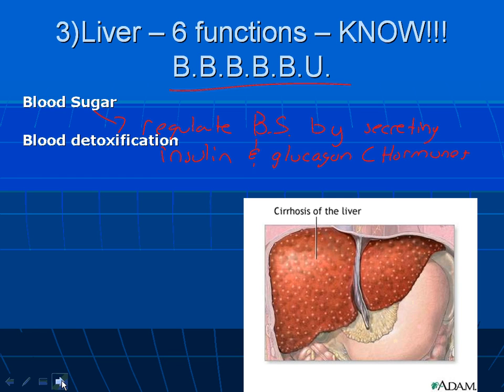Okay. The next thing is blood detoxification. So all of our blood gets run through our liver, and this is what takes out all of the toxins. So things like alcohol will be able to be detoxified here. The problem, though, is if it's overwhelmed with toxins over prolonged use. So chronic alcohol users, that's when liver breakdown can occur, or psoriasis. And psoriasis is just where specific parts of your liver are gradually breaking down so eventually you can have full